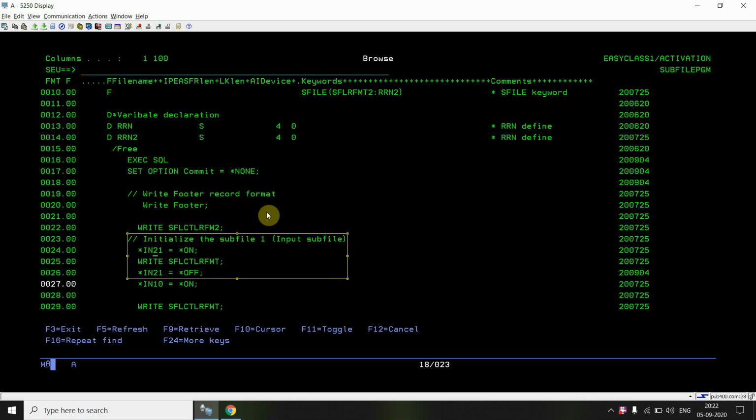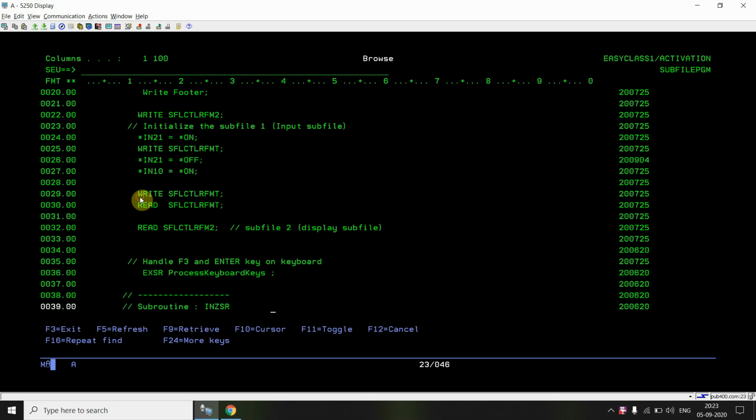For that purpose, I use the SFLINZ with which indicator 21 was associated. So I'm setting that on, then initializing the subfile by writing the subfile control format. Then setting that initialize subfile indicator to off, then setting indicator 10 to on for displaying the subfile.